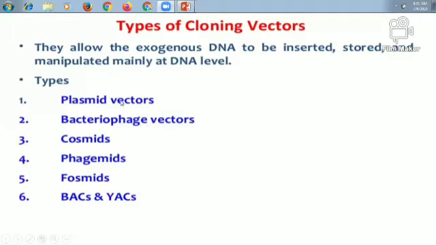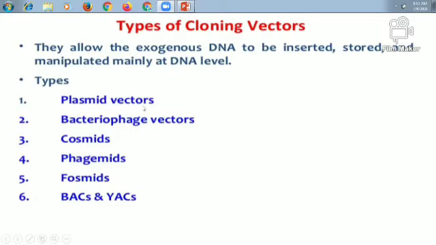So where is the plasmid? Plasmid is extra chromosomal material present in a bacterial cell, known as a plasmid vector. A bacteriophage vector is a vector where DNA is present, and that DNA can be used like a plasmid vector. Cosmid is one of the vectors found in a cell. Phasmid means phage, again bacteriophage related. BAC vector is related to bacteria, YAC to yeast. So these are the different types of vectors used for cloning.